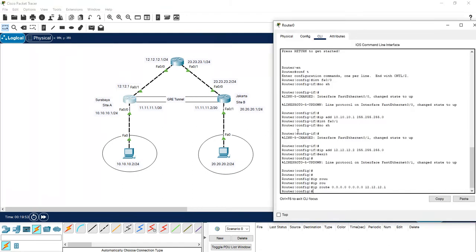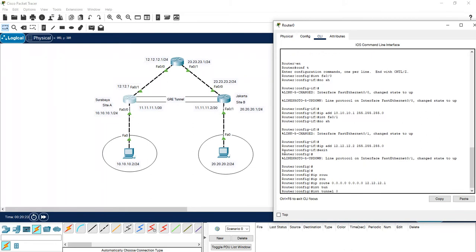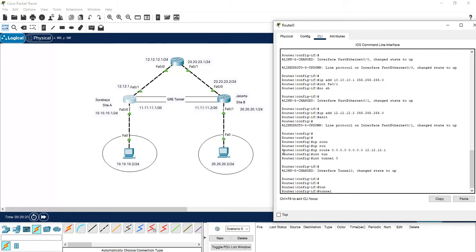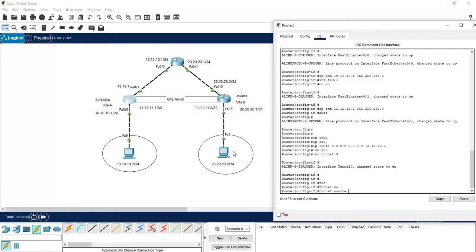Alright, so we start from the router: interface tunnel 0. Then tunnel source. The source is the interface connected with router 2, which is FastEthernet 0/1.